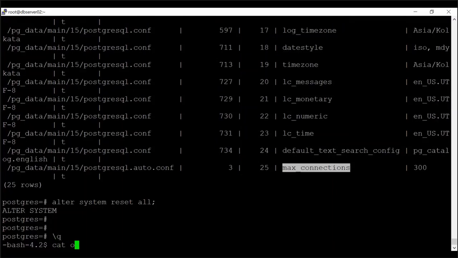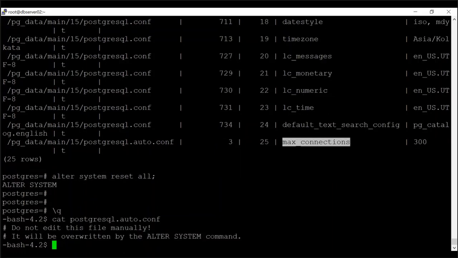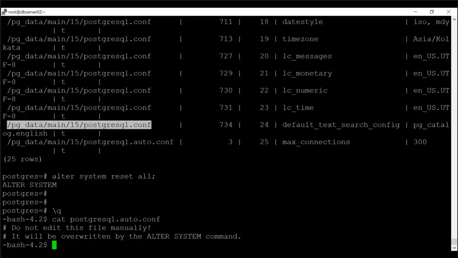If you go and see postgresql.auto.conf, it has deleted everything, which means you are resetting all parameters back to the previous version in postgresql.conf. Now if you restart your cluster,